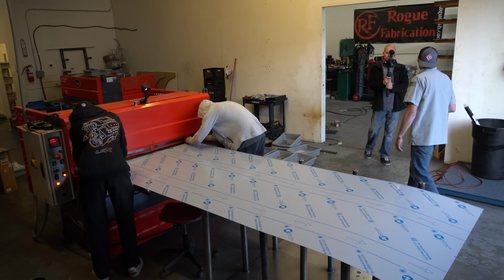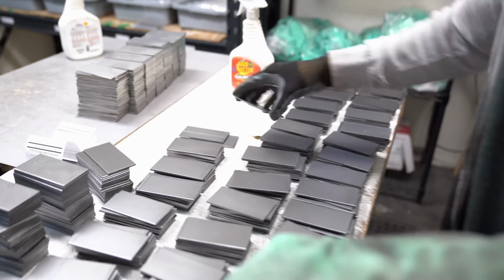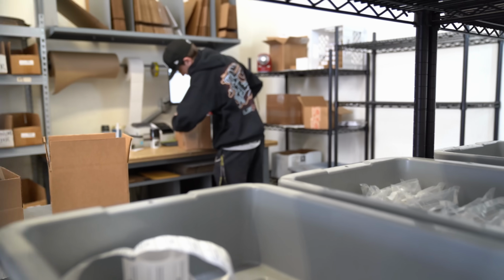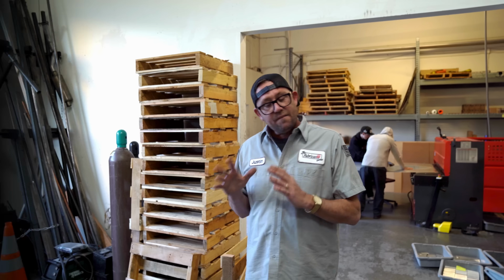All right, while they do that, let's talk about payroll real quick, because you probably don't realize that the total price of processing the sheet is not just paying these guys to peel it. I have to pay for them to cut it, to clean it, to package it up, and I have to pay for the labor cost all the way up to the shipping line. The person responsible for ordering the material also has to get paid, as do the accountants that do whatever it is that accountants do. Now, last year, my payroll cost was almost $500,000, which means